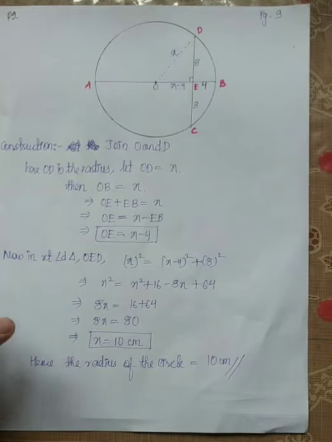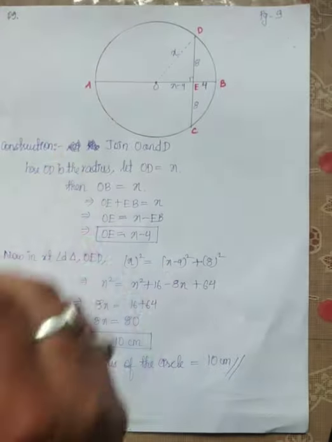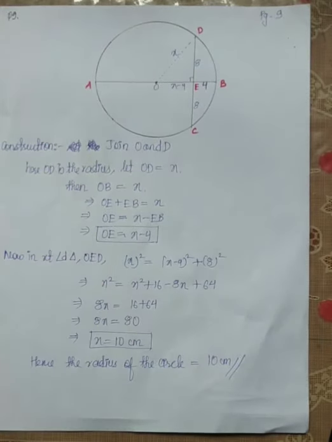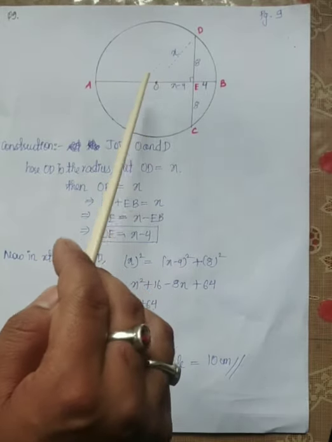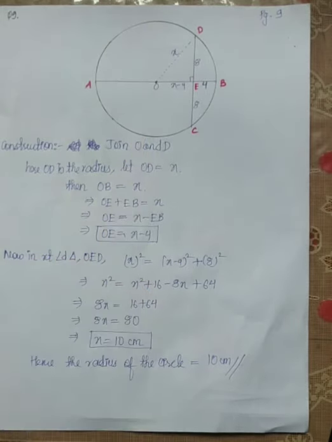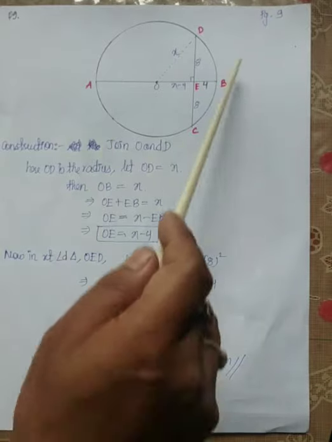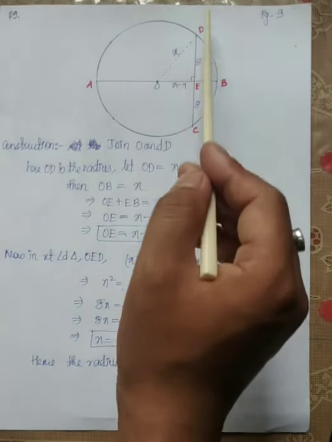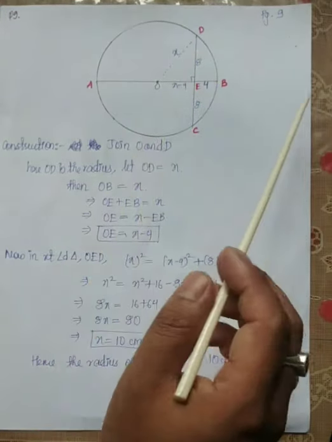So now we move to the last question from this exercise, which is question number 9. Again, make the figure and let's read the question. So this is the figure given to us. In the given figure below, it shows a circle with center O, in which diameter AB bisects the chord CD at point E, right? All in all, there is a circle. AB is the diameter and CD is the chord, and they are bisecting at point